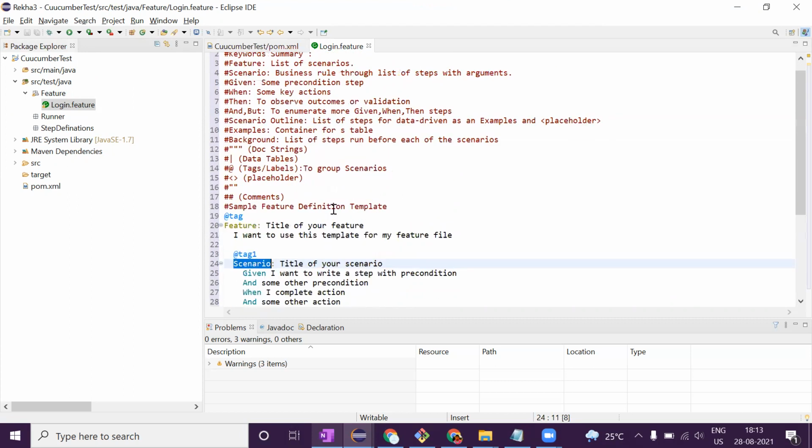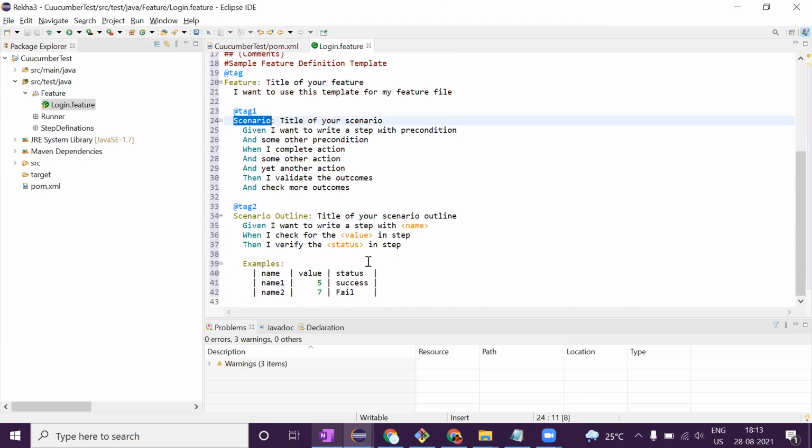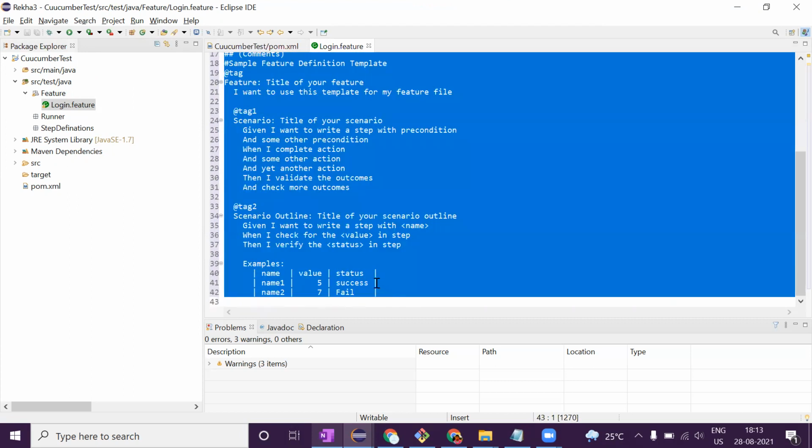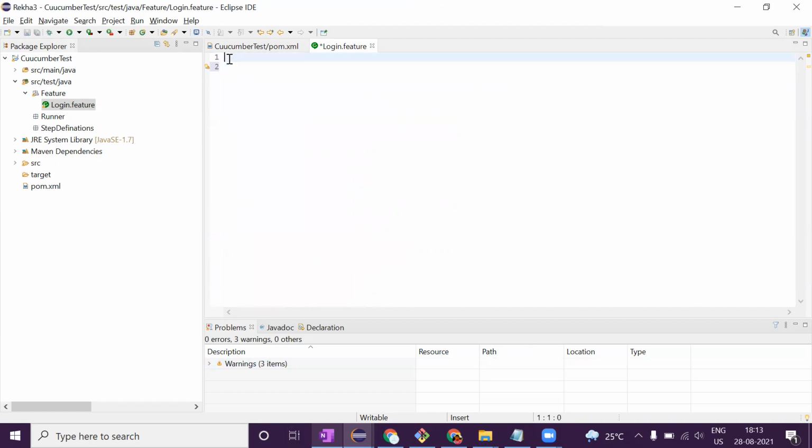Okay, I'll do one thing. I'll just go ahead and delete this feature. Okay, Feature: login feature test. This is my feature name. It is user defined, you can give any. Next is scenario.